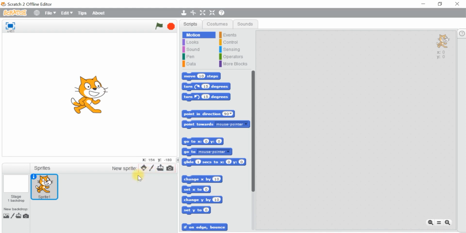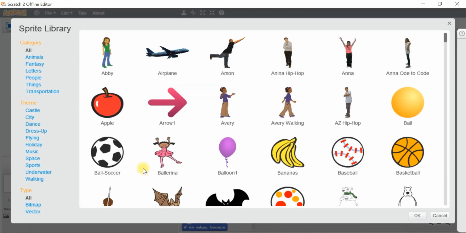So by clicking the first option, that is choose a sprite from the library. See, now I am clicking this button, choose sprite from the library. See, the screen has been changed, there are many collections of sprites, you can see it in the library. See children, see the collections of sprites, and many categories are there, and you can select the sprites from the